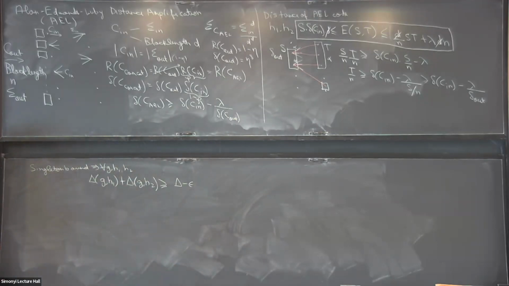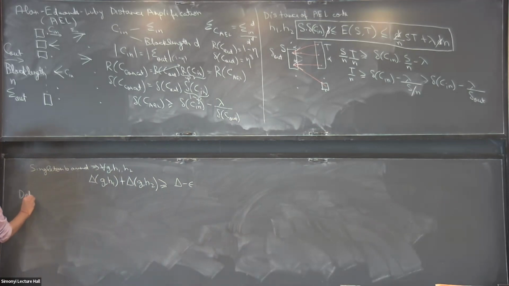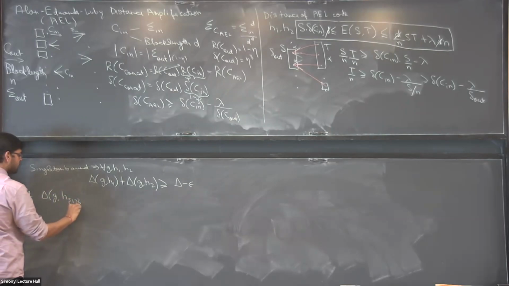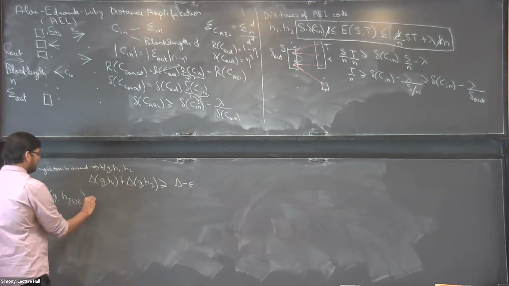This is just the triangle inequality applied to distance. Because H1 and H2 are delta far, even if we have a G in between, the sum of distances is at least that. Let me define this. So this is the set 1, 2 to be